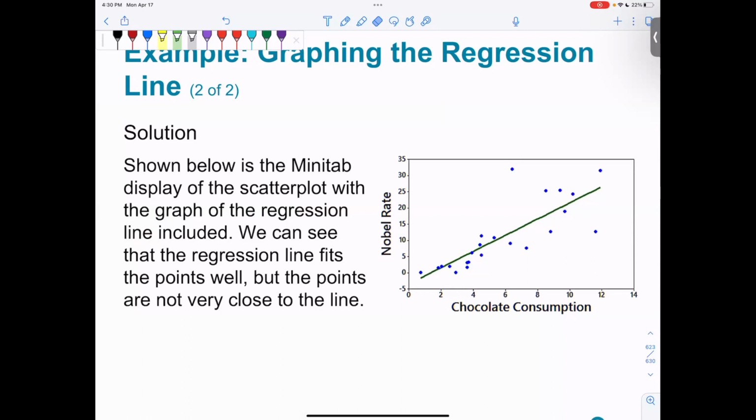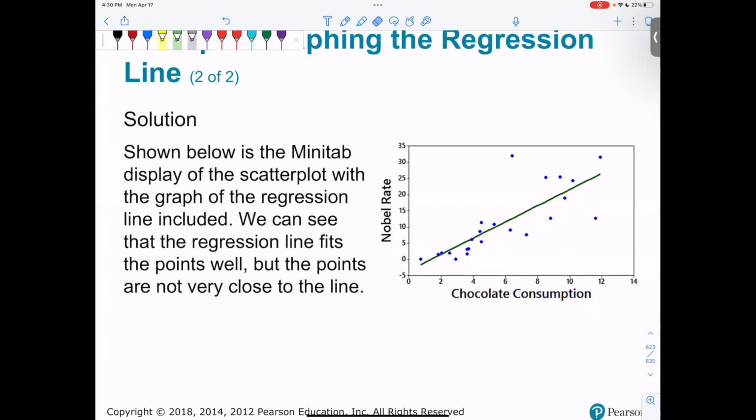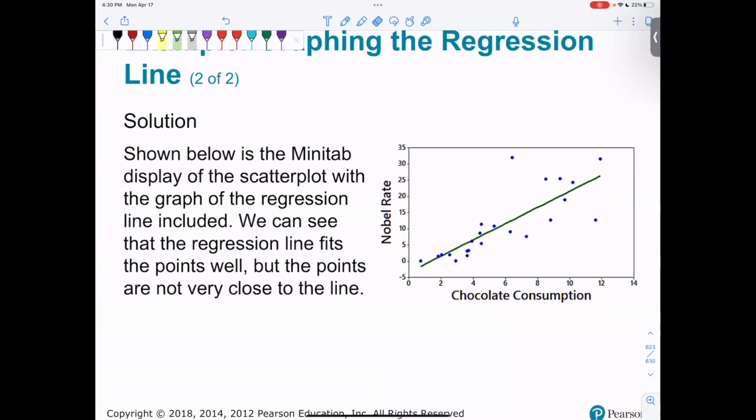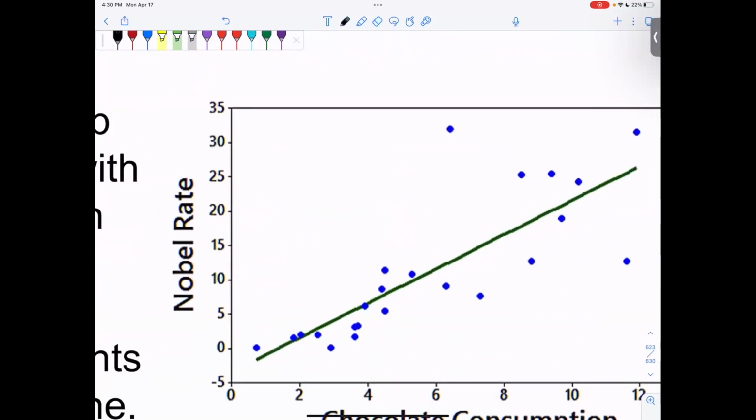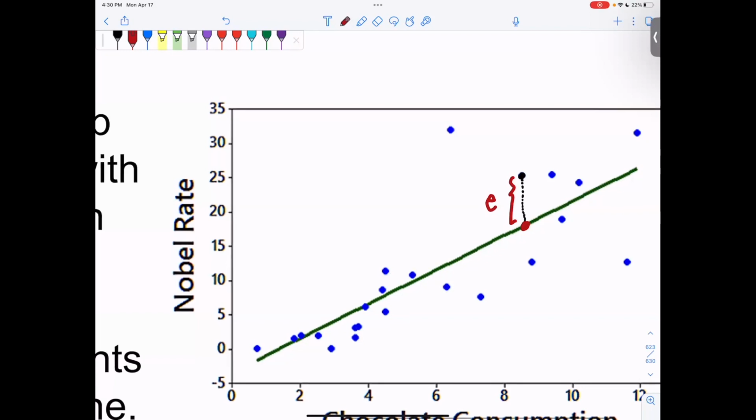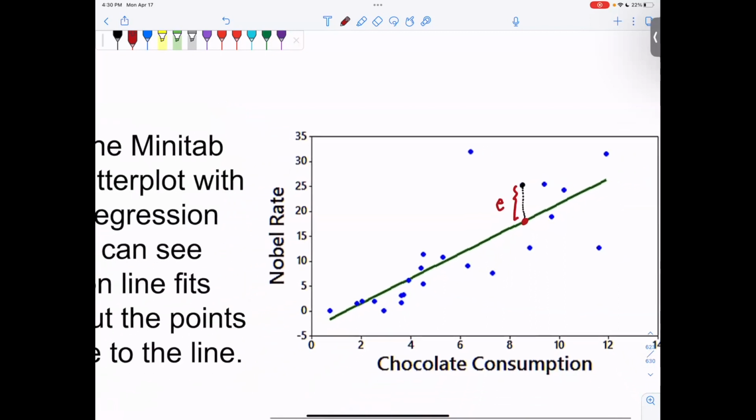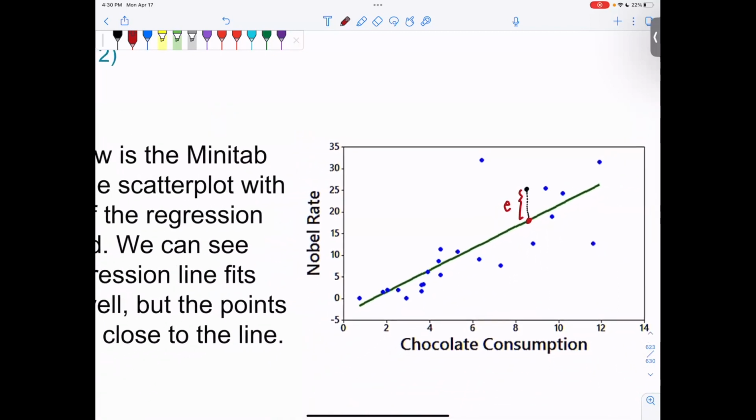Remember, I did say this is the true value, right? But when we estimate this value, we use this one. So this is the estimated value. This is the error. When we add all those errors together, or the squared error, we will get the smallest